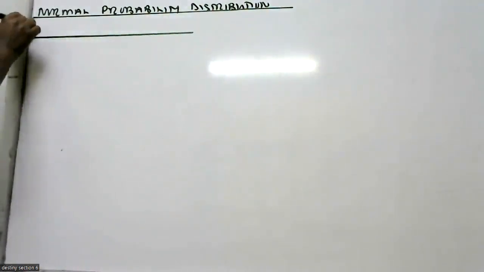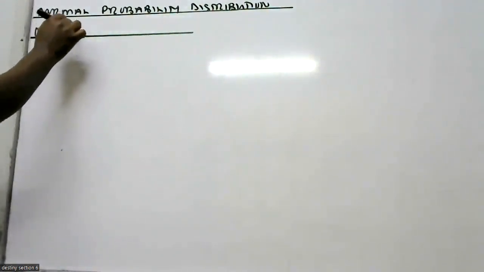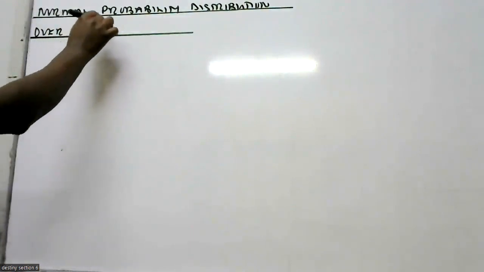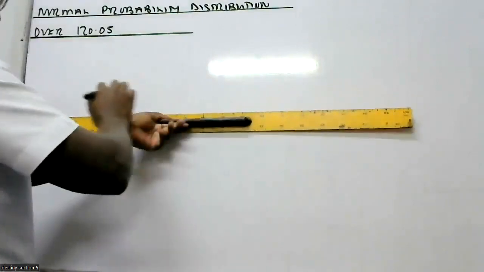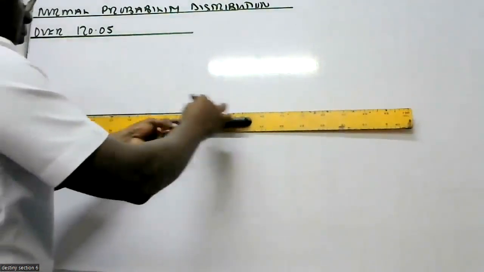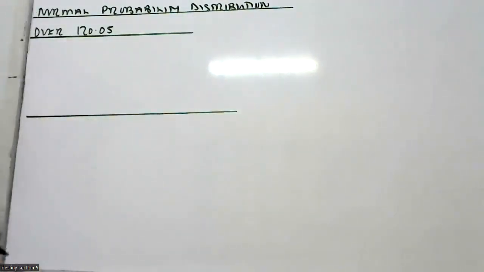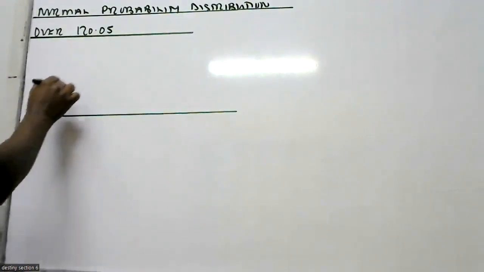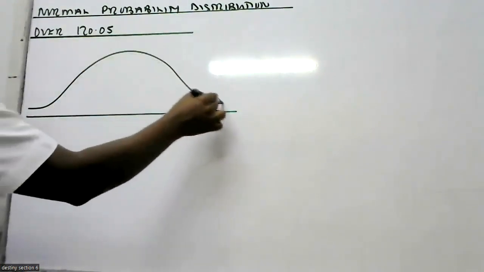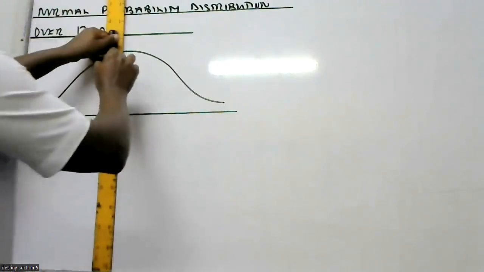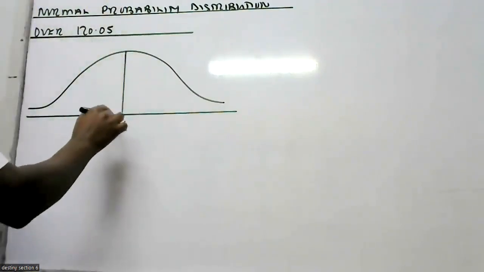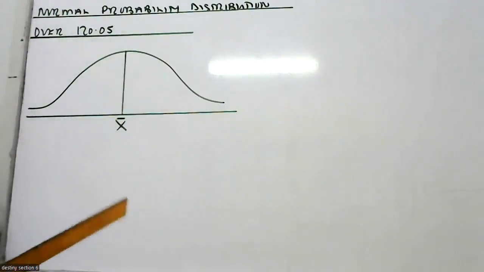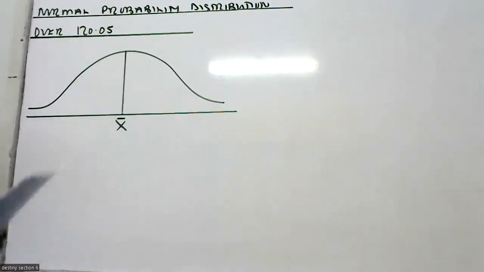So if you are told to get over 120.05, what you do, as we said last time, you begin by drawing a small table whereby from this side you tell us this is the mean, and the question says that the mean is